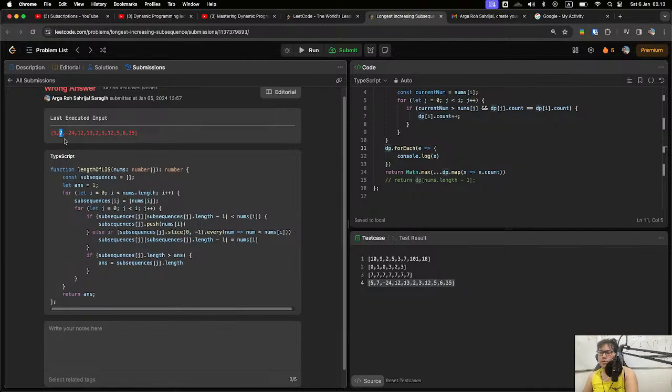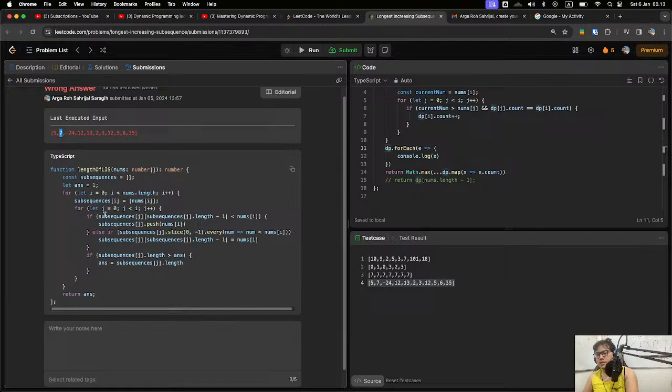So again, we initialize the subsequence in this index to be an array containing only 7. And then we look from the beginning, from the first element until the element before our current i index element.